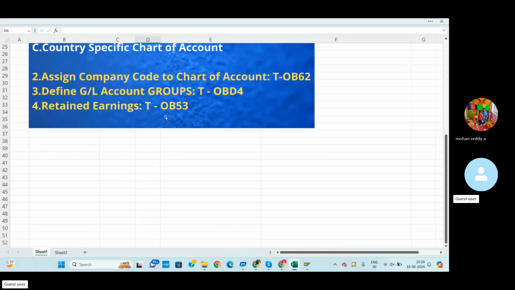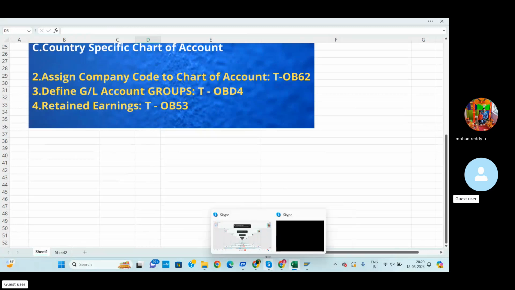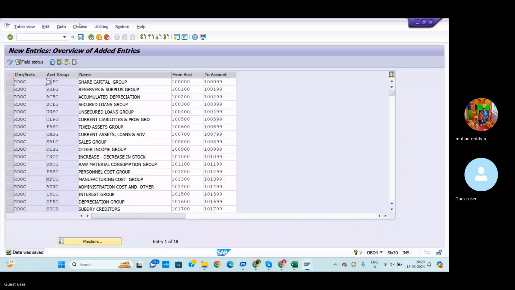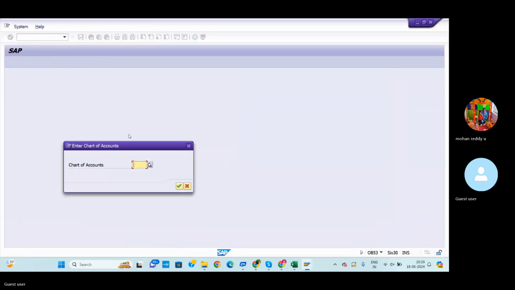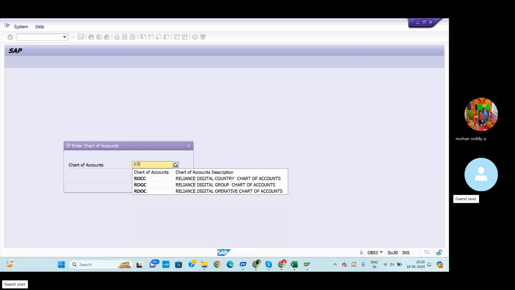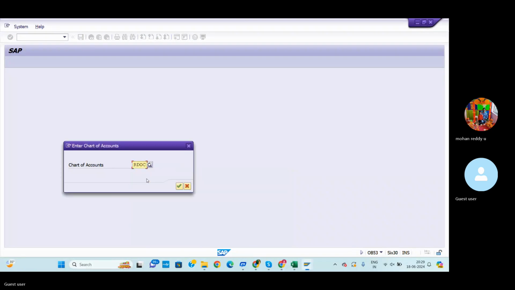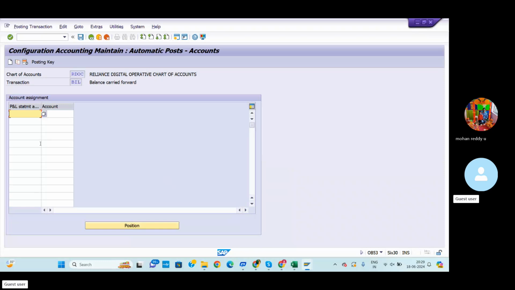This is one of the most important topics. In coming videos, I'll explain this retained earnings. First of all, I can do a small configuration for retained earnings using OB53. Our chart of accounts is RDOC. Continue. Then automatically here we can enter X